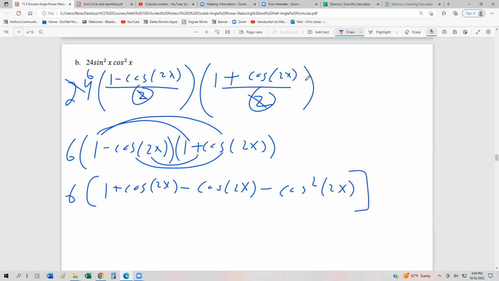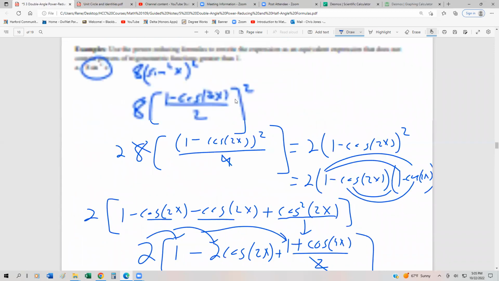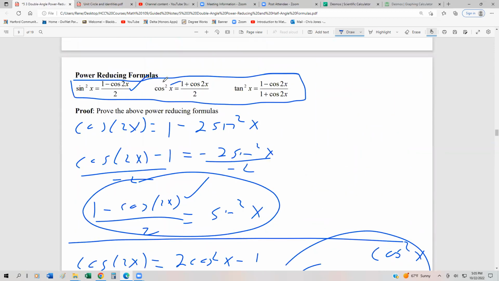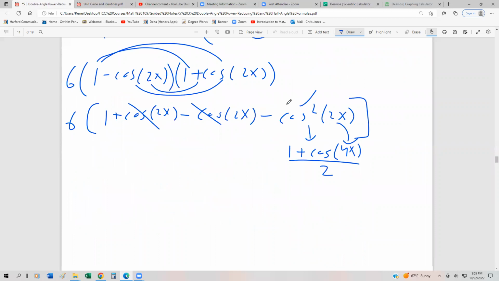Okay, and that's okay because we already know how to take care of that from the previous problem, excuse me. We know that cos squared can be written as 1 plus cos of 2x over 2, but we have to double the interior angle. So this 2x now becomes 4x. And again, all I'm doing is just using this formula right here. We're just going from here to here, except we have a 2x, and so we have to double it right here, just like we did in the previous. All right, so now we have 6 times the quantity of 1 minus 1 plus cos 4x